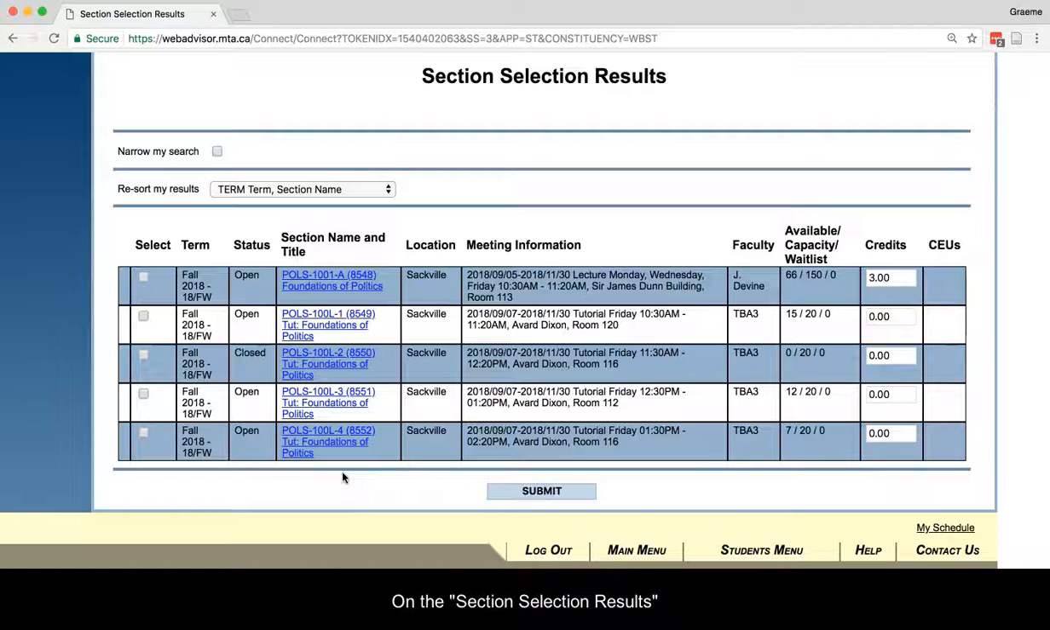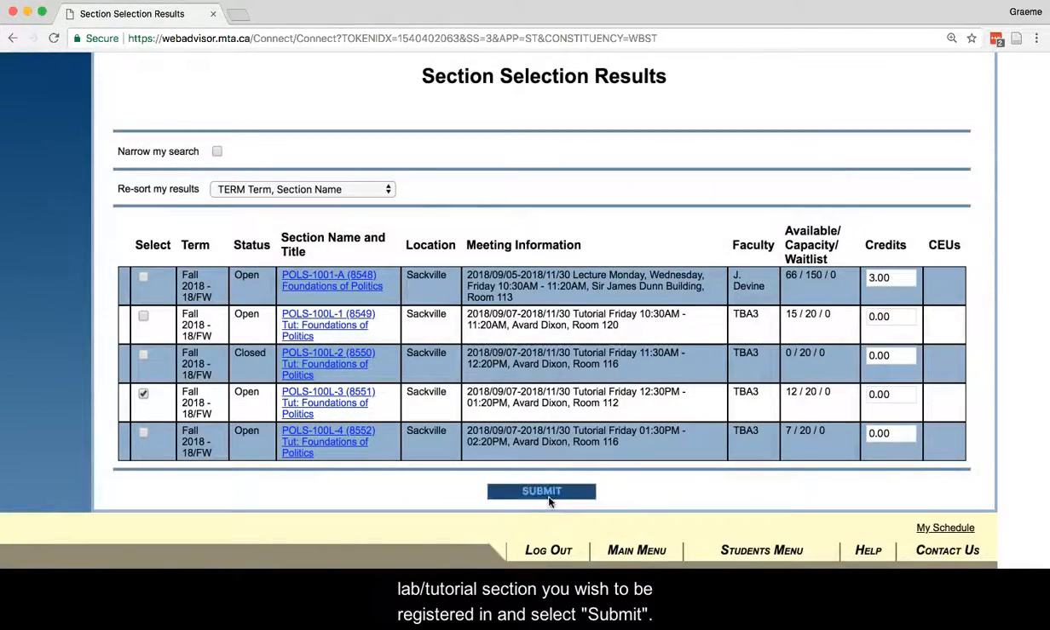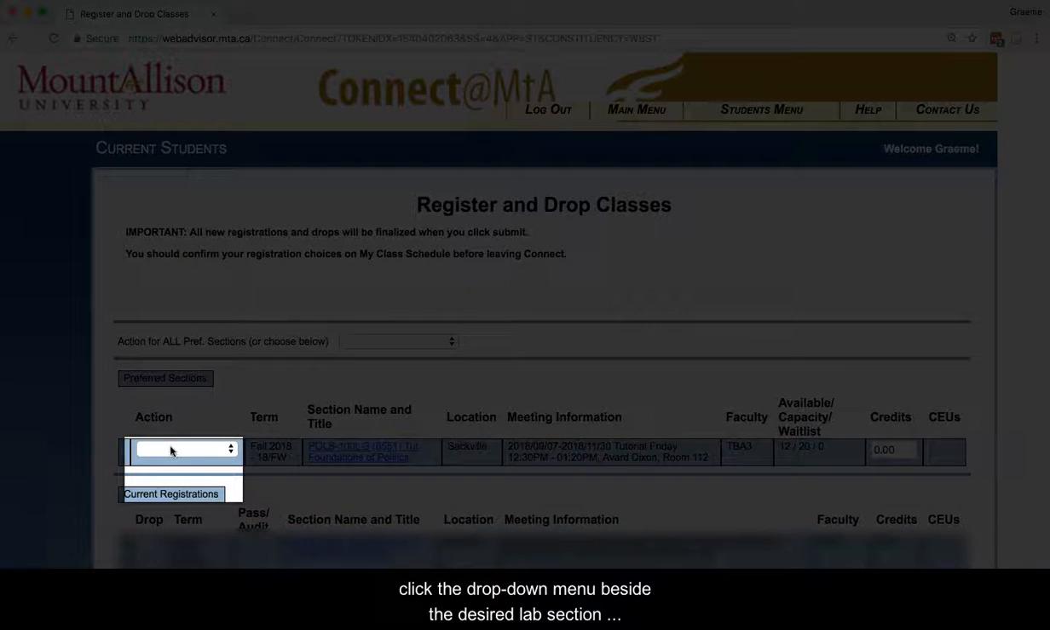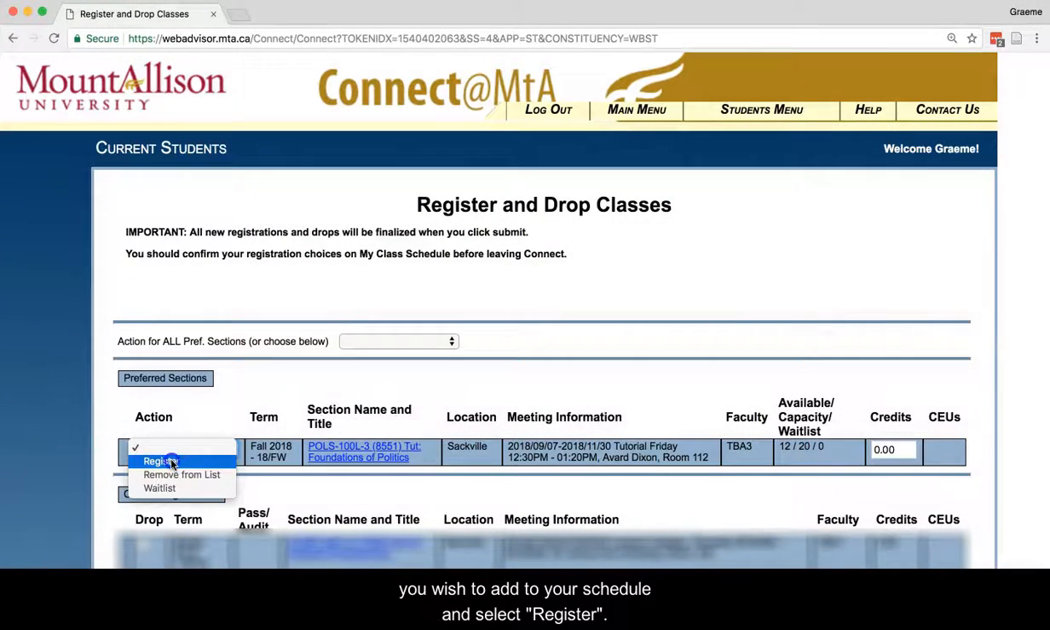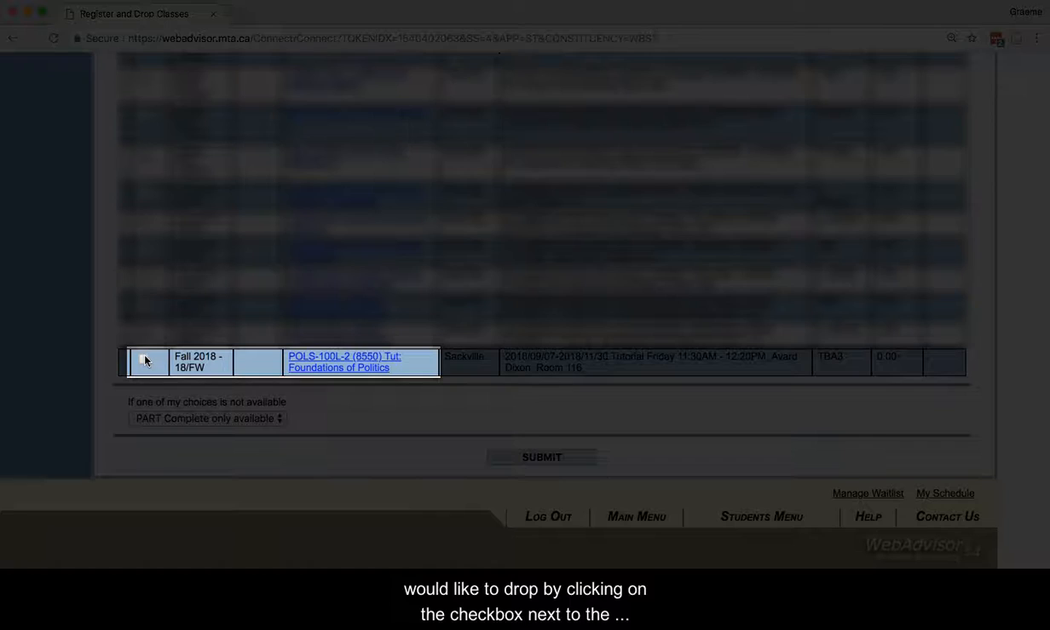On the section selection results page, click the checkbox beside the lab or tutorial section you wish to be registered in and select Submit. This will take you to the Register and Drop Classes page. Under your preferred sections list, click the drop-down menu beside the desired lab section you wish to add to your schedule and select Register. Under Current Registrations, select the lab section you would like to drop by clicking on the